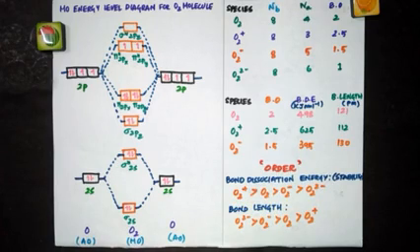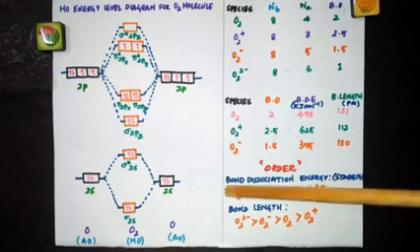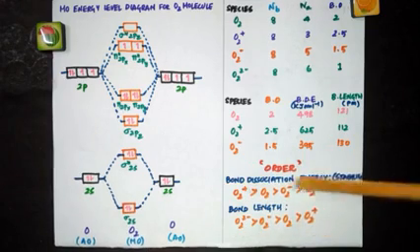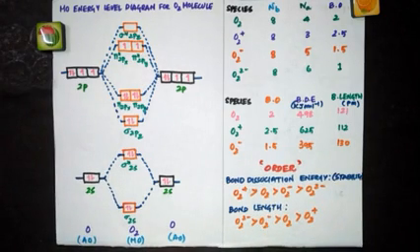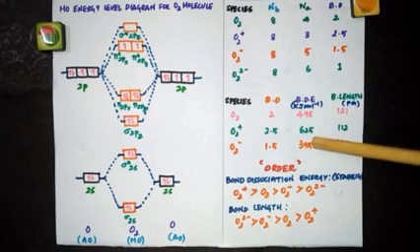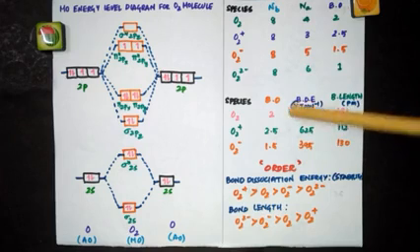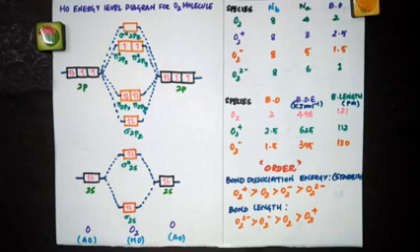And we have also seen bond order is inversely proportional to bond length. So the reverse order will be the order of bond length. So O2 2 minus will have the largest length and O2 plus will have the least length. And these are the experimentally determined bond dissociation enthalpy and bond length. So if you look at this, you can understand as the bond order increases, bond dissociation enthalpy also increases, but the bond length decreases. So this is how you have to compare different species based on the molecular orbital theory and compare their behaviors. And so that's the end of this chapter, chemical bonding and molecular structure. Thank you.